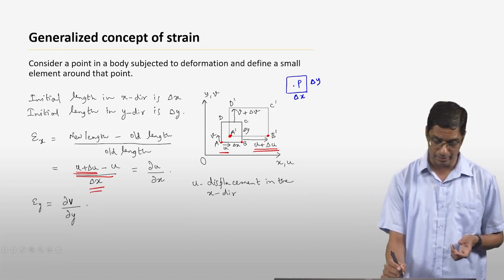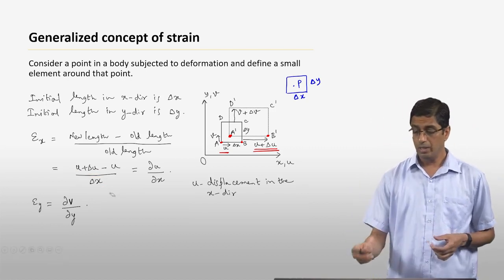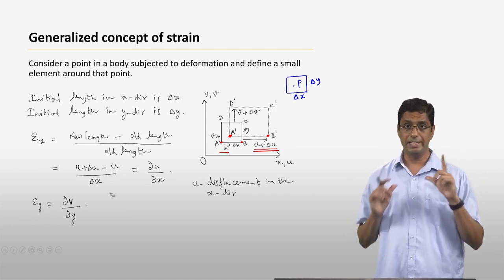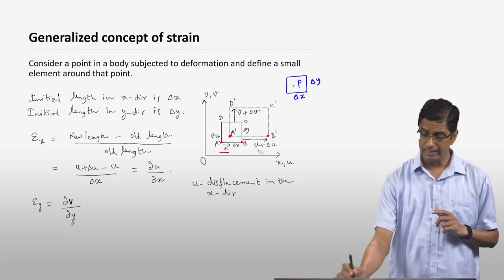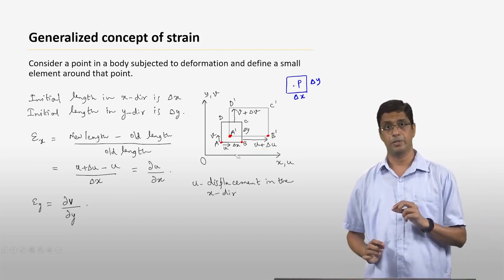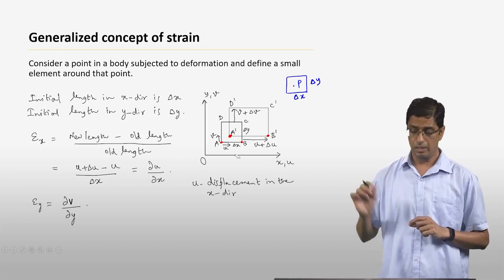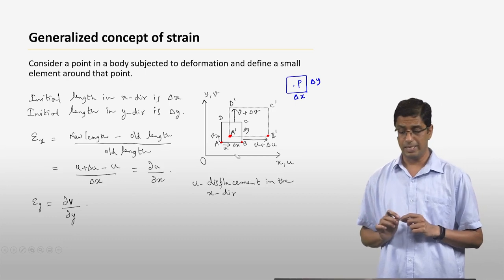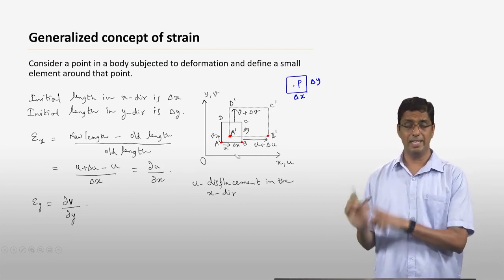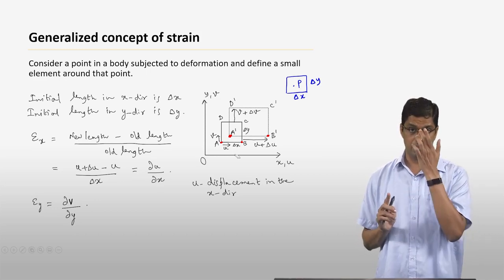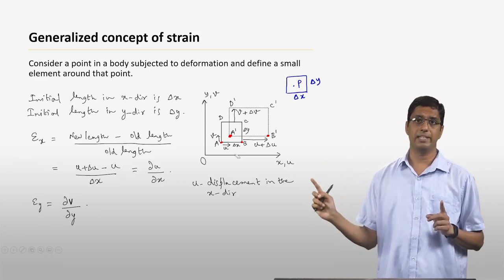Okay, so let me go through this a little bit more slowly, because it's an important concept. There are two things here. One is the initial length of the box, which is delta x, and the second thing we're talking about is the displacements. So point A has displaced by an amount u. Point B has displaced by an amount u plus delta u. Okay, so the change in length of this particular element along the x direction is u plus delta u minus